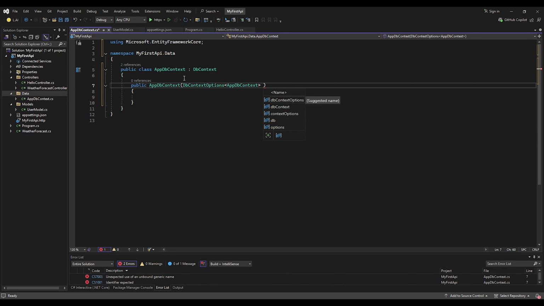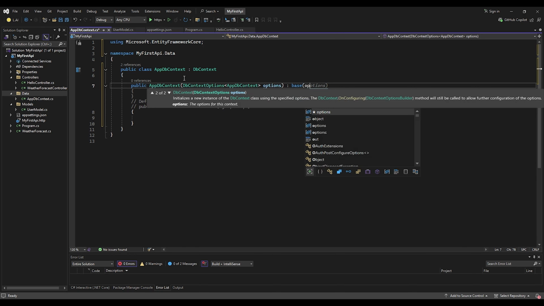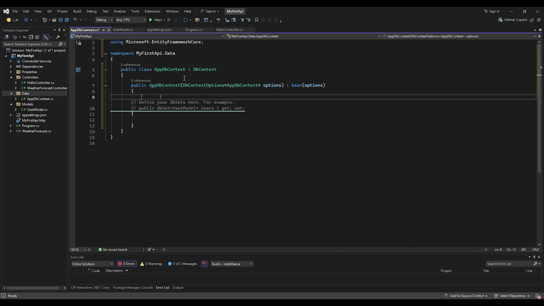Okay, now I need options, and the base class will be the base method will be base options. Okay, and after that